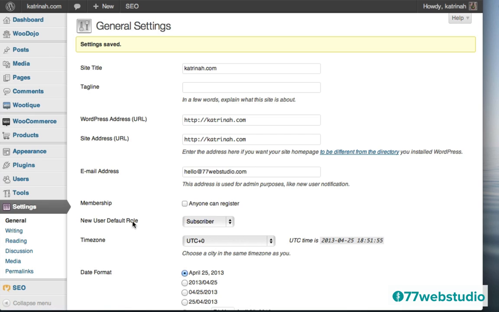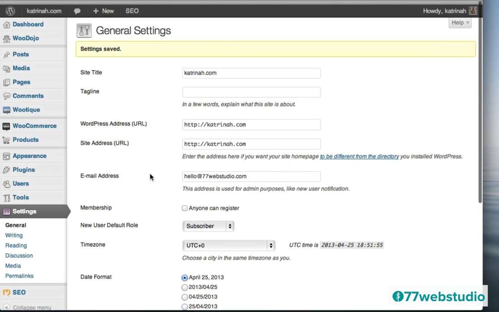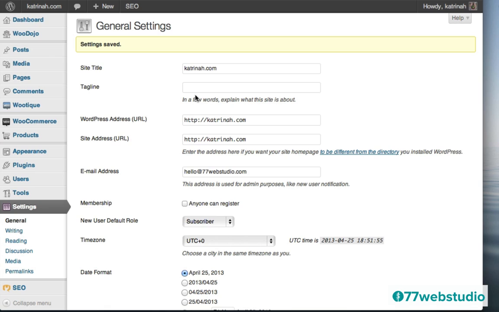Also, just a side note that when you do come to this screen, sometimes if you don't want to change anything, it's still a good idea anyway, even if you've made no changes, to come to the bottom and click on Save Changes, just so that the theme will override the Wooteek in the header. We had just noted in the previous view of the website that it said Wooteek in the top header area. So it's a good idea to save your changes here again, even if you've made no changes, just to make sure that this new site title shows up in the header.